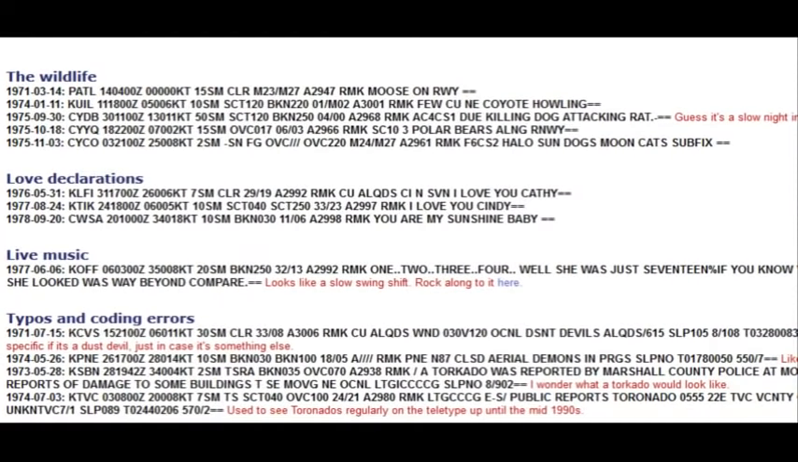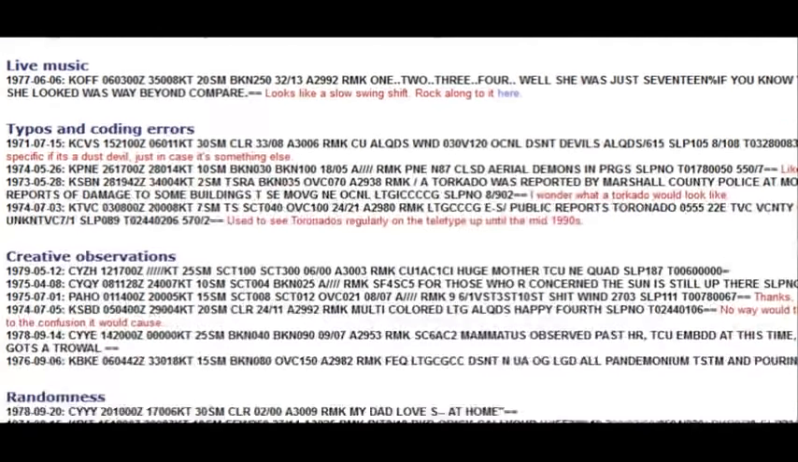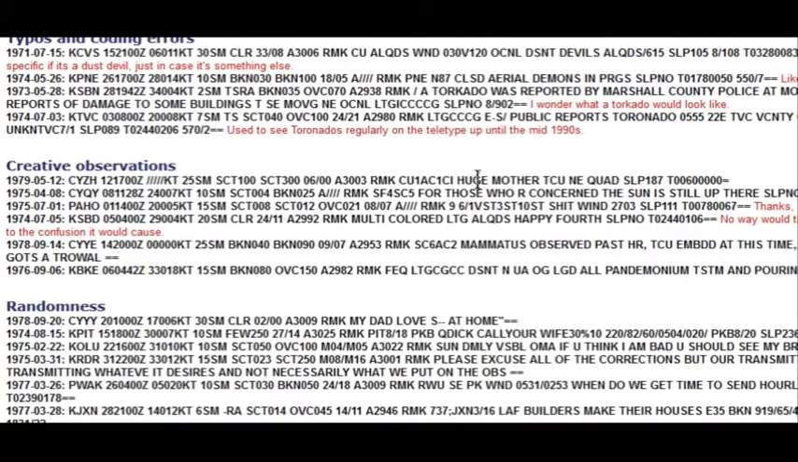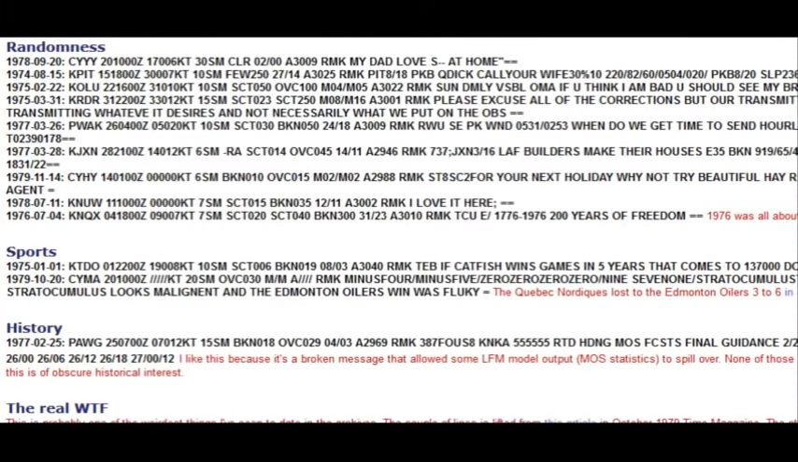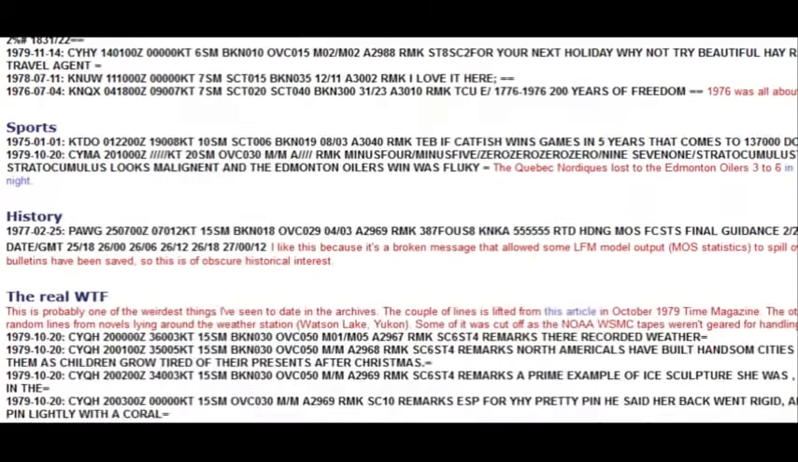Okay, so yeah. Moose on runway, coyote howling, dog killing rat, polar bears along runway. And there's all these other remarks here. Huge mother towering cumulus. For those who are concerned, the sun is still up there. And there's some more right there. You're welcome to look at the rebroadcast and see some of these, or you can email me and I'll give you the link so you can read this stuff. And this is only from the 70s, and I'm going to try to fish out some of the funny remarks